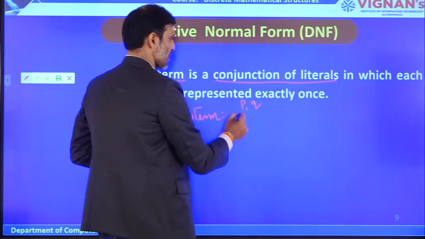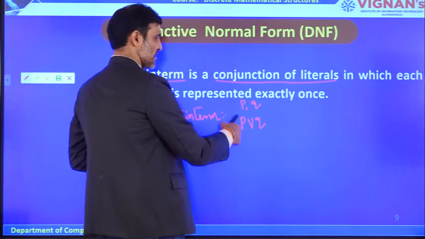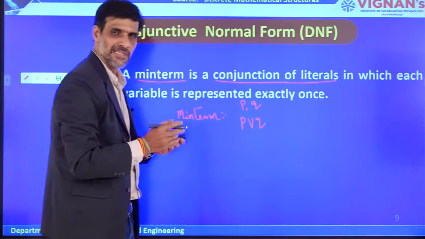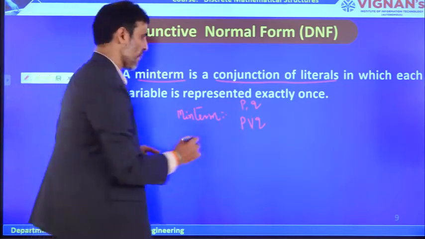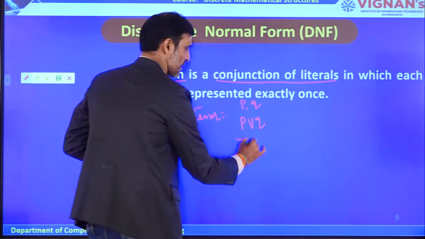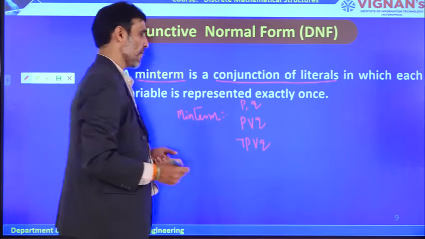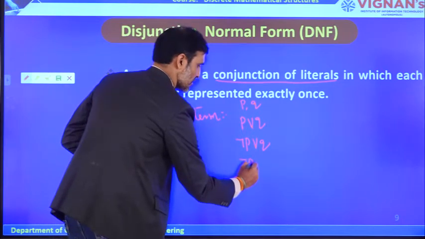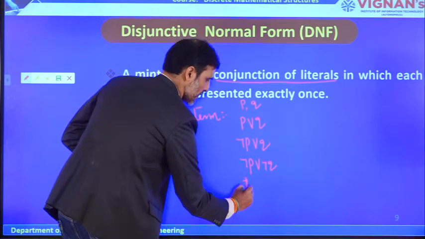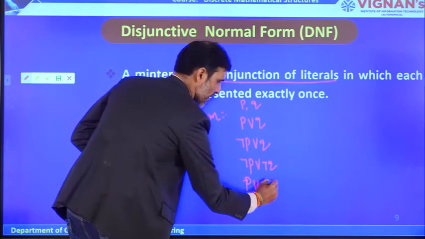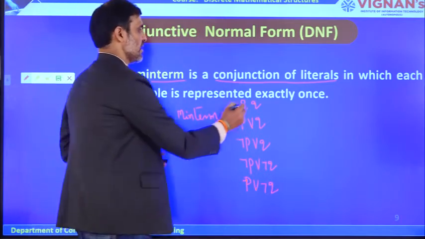Conjunction of literals means that you have to take like this. This is a literal and this is also a literal. The conjunction of literals is called a min term. This is one way we can write, or otherwise negation P and Q, because a literal may be a negation of a proposition. Otherwise we can write negation of P and negation Q, or we can write P and negation Q. These are the different min terms which we can get by using these two